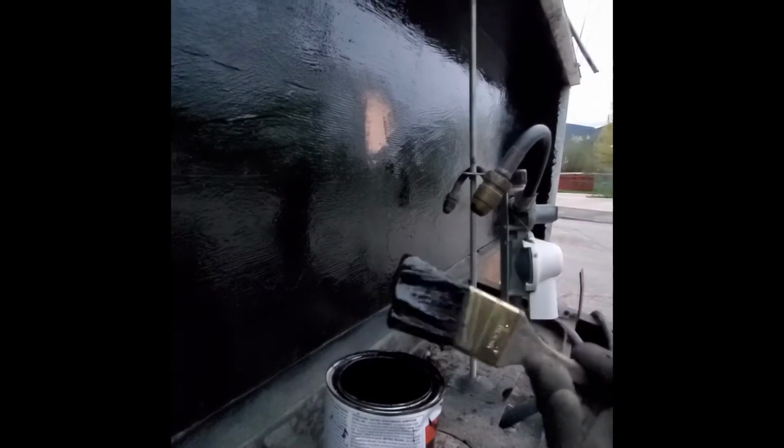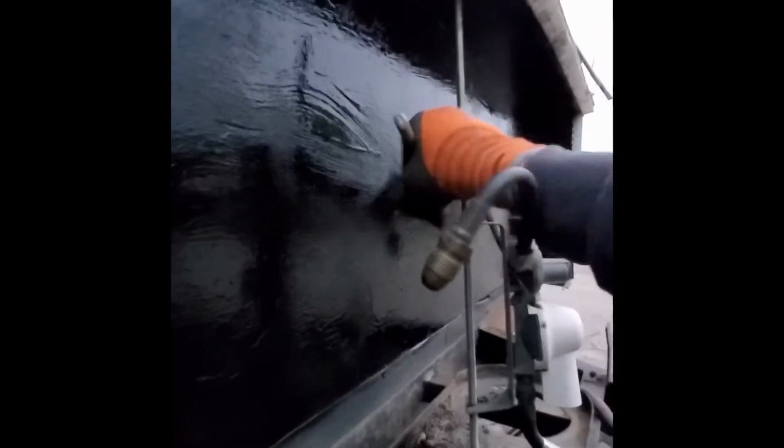Last little bit here, and this sucker should be sealed up. Try to keep that from running. But it's kind of windy tonight, so it is skimming over. But you can see a couple, it almost looks worse on camera, but it ain't bad. All this is going to be covered up anyways, so all we're looking for is a good water protection,